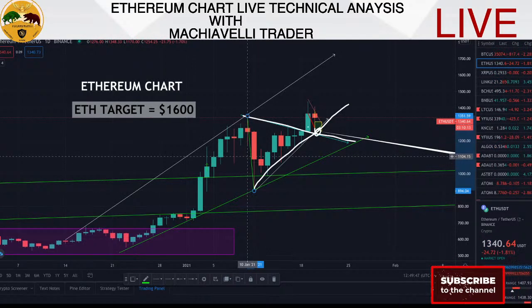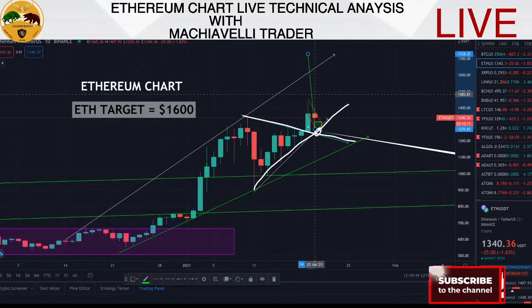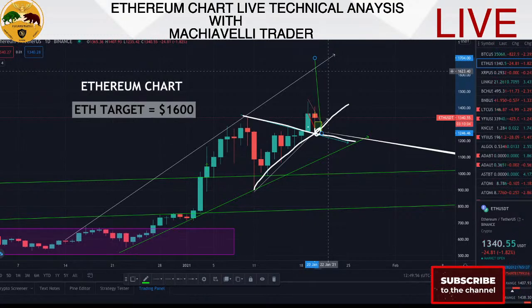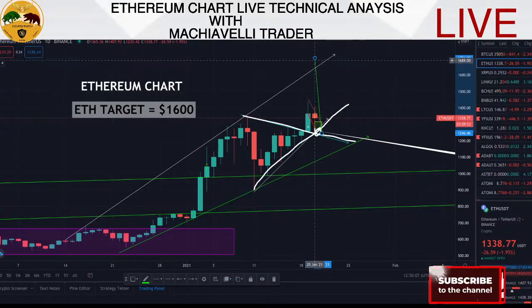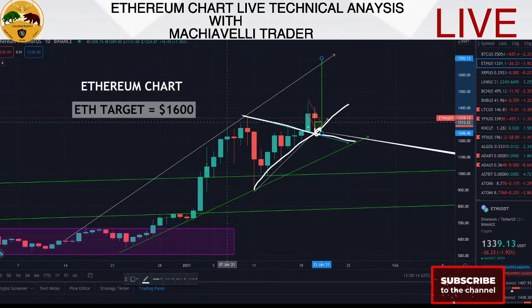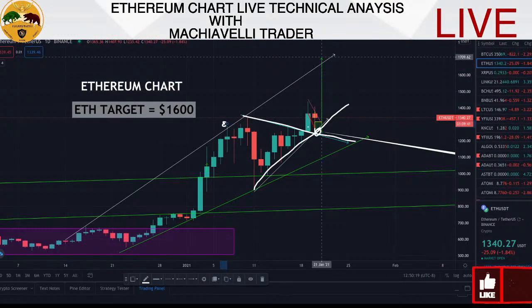So if I take my arrow up, you see that we could likely be seeing anywhere from 1623 to 1700. That's the zone we're likely going to see on Ethereum. But the reason why I'm putting the target at 1600 is because I know there will be a reaction from this channel, right? This channel is likely going to react, but it does not stop it from pushing further. Like you can see this kind of stuff happening. We could have it happening right here.